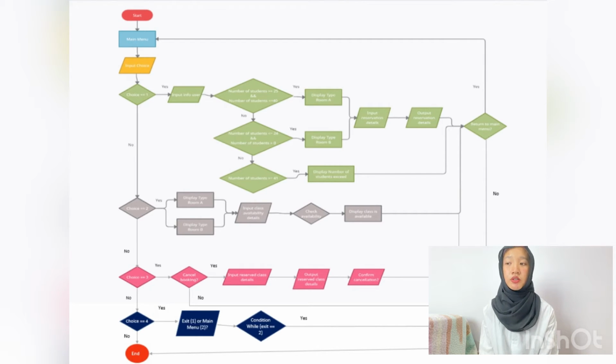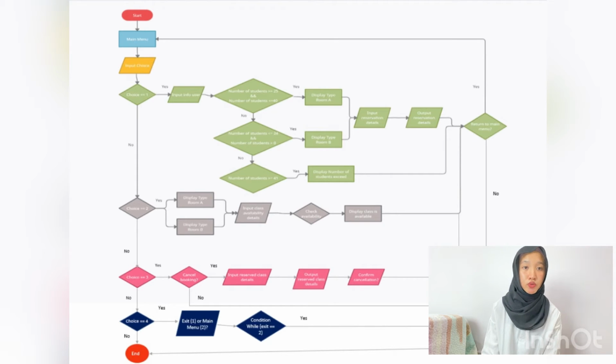So for example, if you were to choose option 1, choice 1, you go to the right, where you have to input your user info, such as your name, your student ID, your group, and the number of students. There are several conditions on the number of students, where the first is a number of students within the range of 25 to 40. It will display type room A, and it will display several rooms where you pick the room that you want,